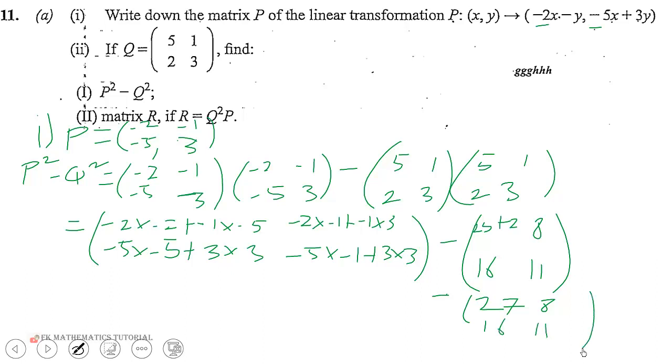Then over here we will get 9, -1, -5, then 14. So when we subtract, we will obtain